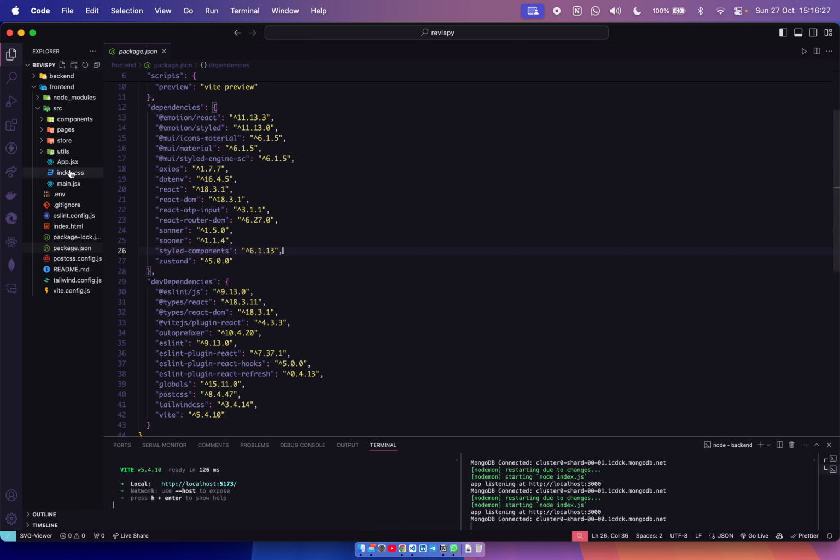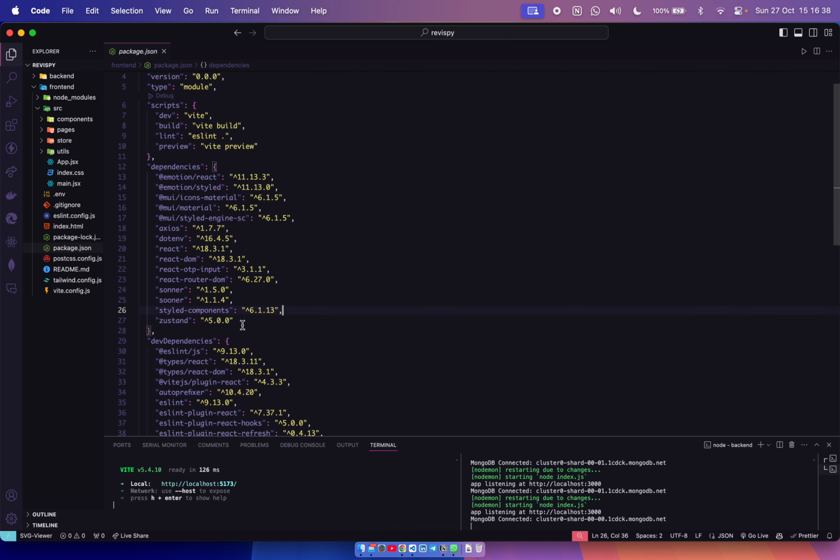This could also be implemented with props and the simple auth context APIs and auth providers, but I have used Zustand instead so the state management is better and the application complexity is reduced.